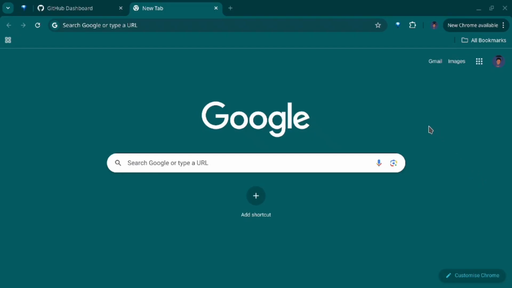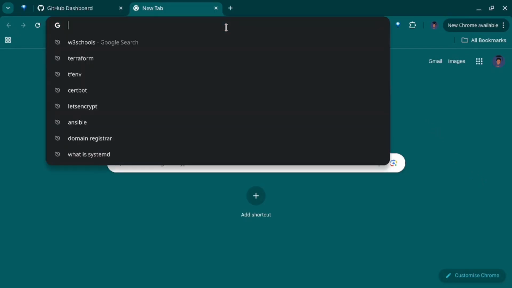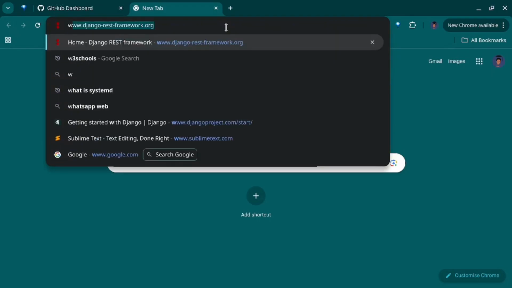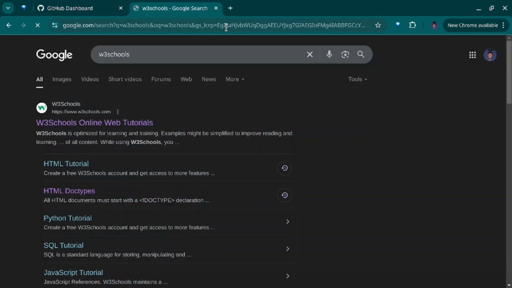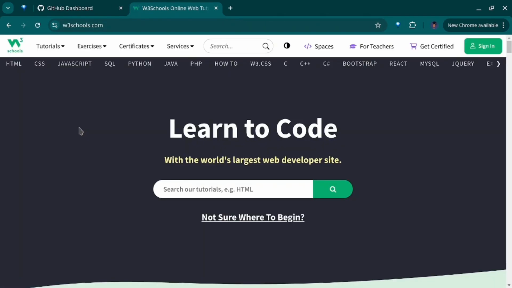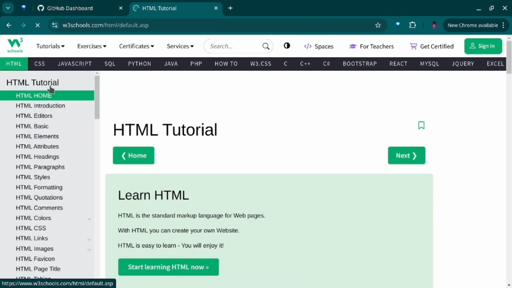A couple of things I would like us to know before we proceed. If you've ever heard of W3Schools, or if you've not, this would be a good time for you to check them out. W3Schools has materials for you to learn HTML, CSS, JavaScript, SQLite, Python, and the like, React, MySQL, jQuery, and a couple more languages here, right? Okay, so the focus of this course is to take information from documentation pages like this and